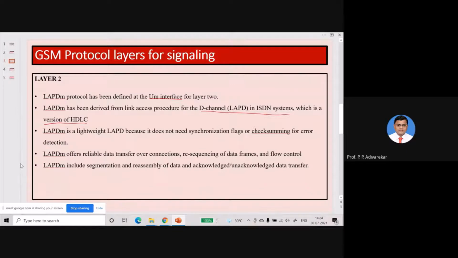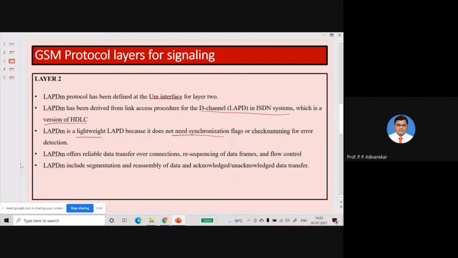Okay, LAPDm is lightweight because it does not need synchronization flags or checksumming for error detection. Now, the synchronization and the error detection, as we have seen, are done already at the physical layer. So the additional task is avoided for the data link layer here in the GSM protocol architecture.